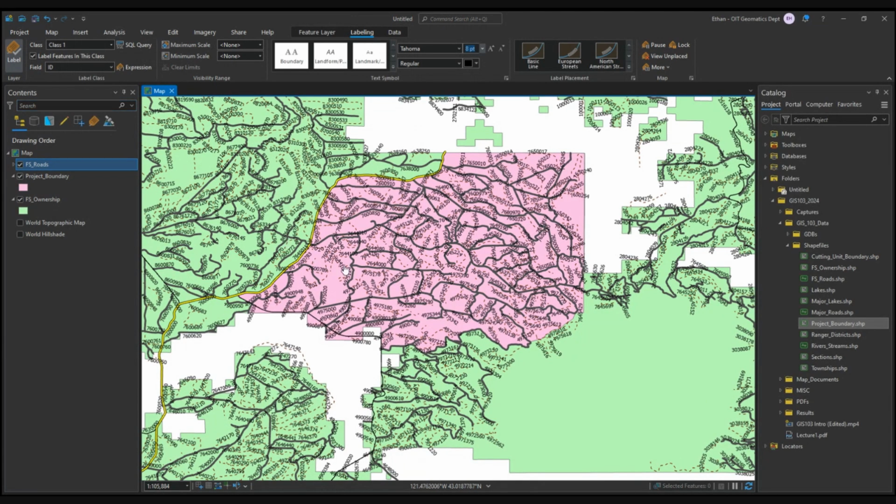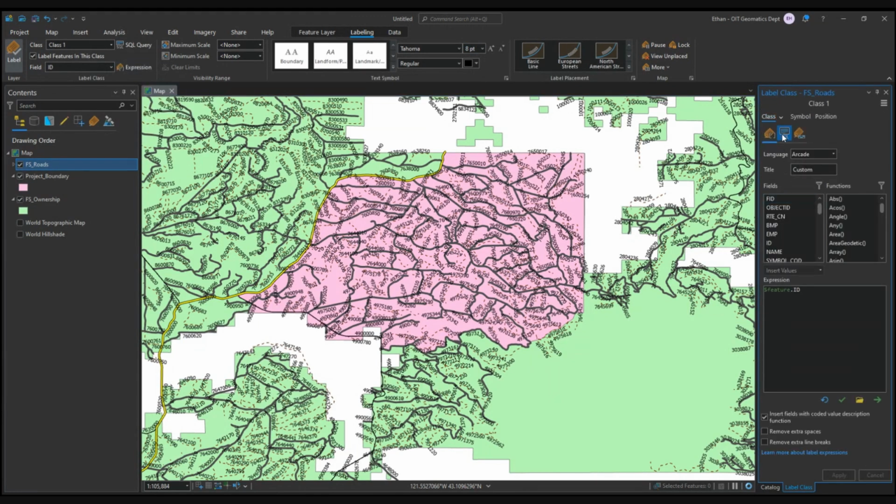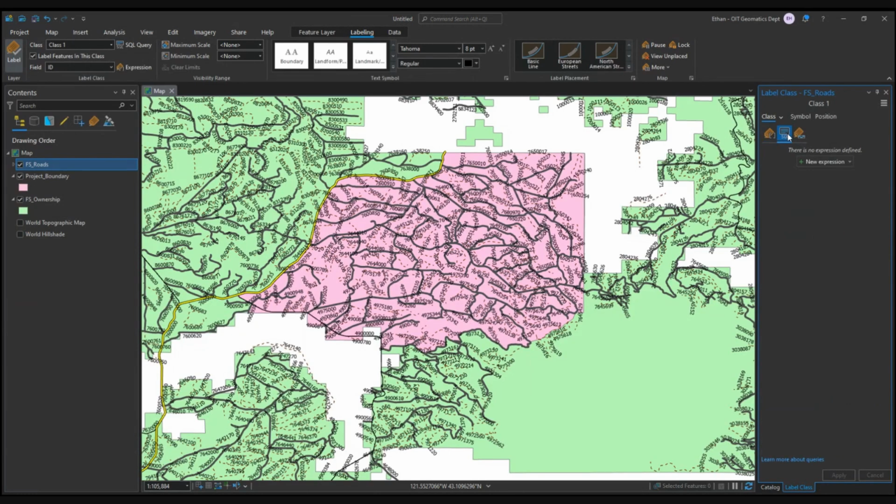But now let's say I wanted to just show 2s and above. So to do that, I would go over here to this expression button. I click expression. I want to change it at the top here to SQL because we know how to do those. You can use all kinds of programming here. We want to just use SQL. We want to add a new expression. And we want to add a clause. Well, we want first where